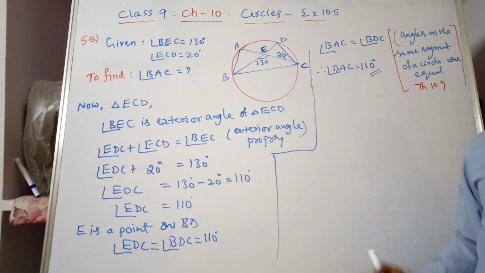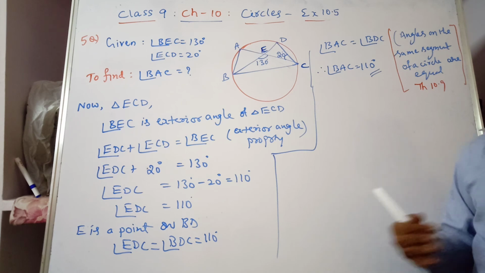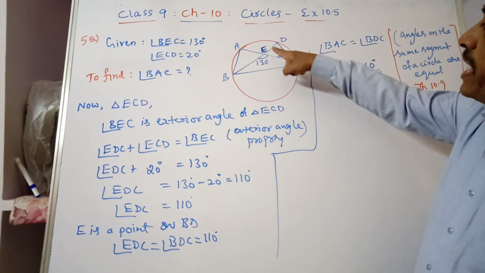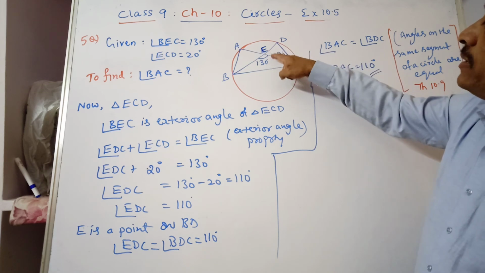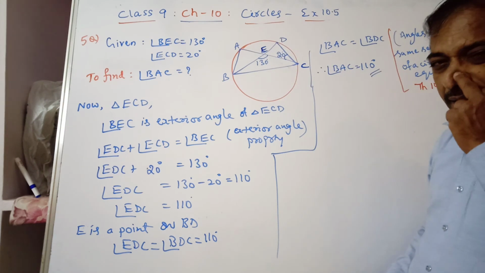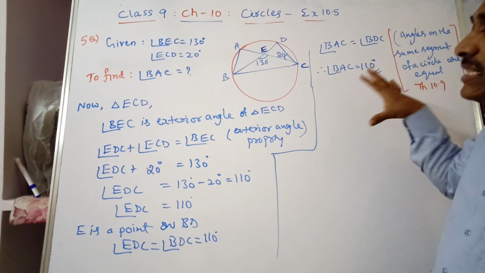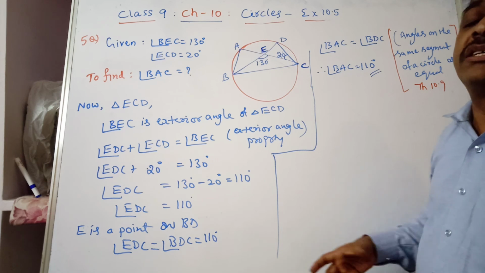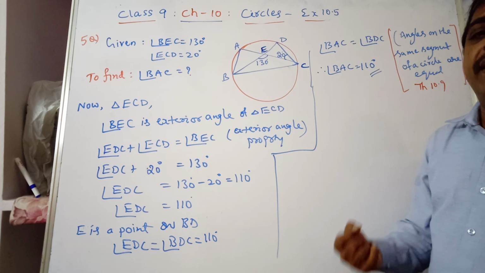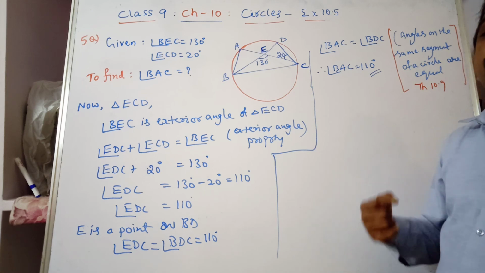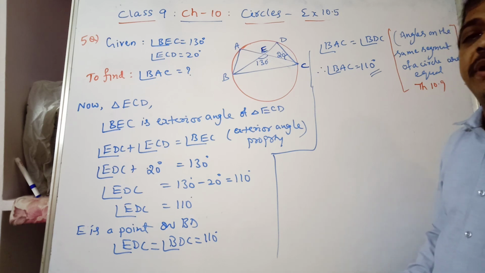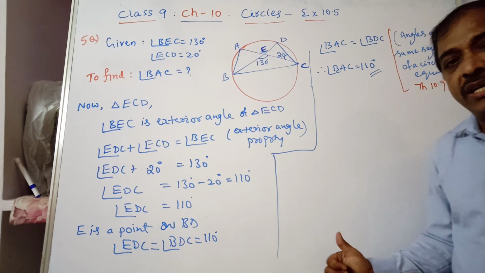So the question can be solved in different ways, whichever way you want. You can also find that these two are a linear pair, and after finding this you can find the other angle, since it is cyclic. Whichever way you want, you can solve when you have the idea and the concept clear. If you are clear about which concept can be used where, then you can solve any type of question. I hope you understood.